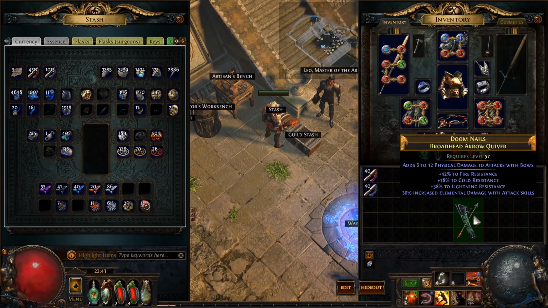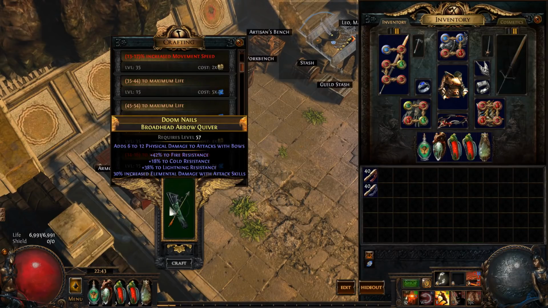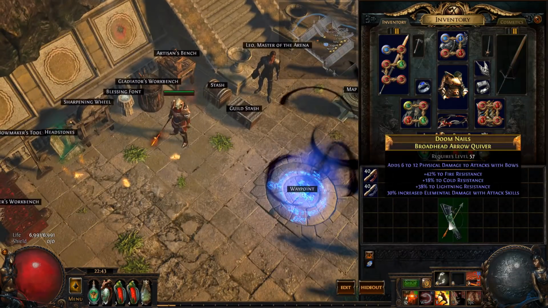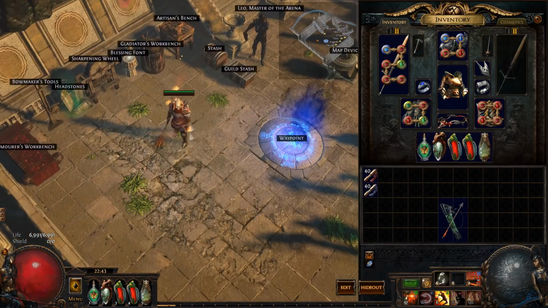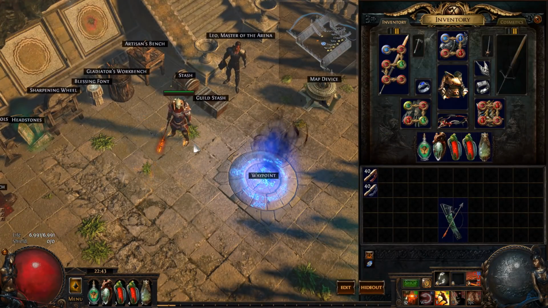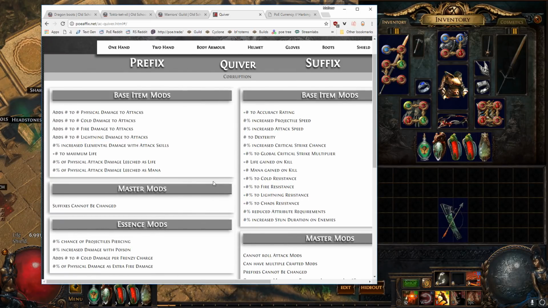But how do I guarantee life? How high does Mastercraft life go? 64? That's not bad. But you know what? I want higher because I'm in solo self-found hardcore and I need that big old life number. So how do I do it? Well, interestingly enough, if you look at the prefixes for quivers, you'll see something that is a bit of a